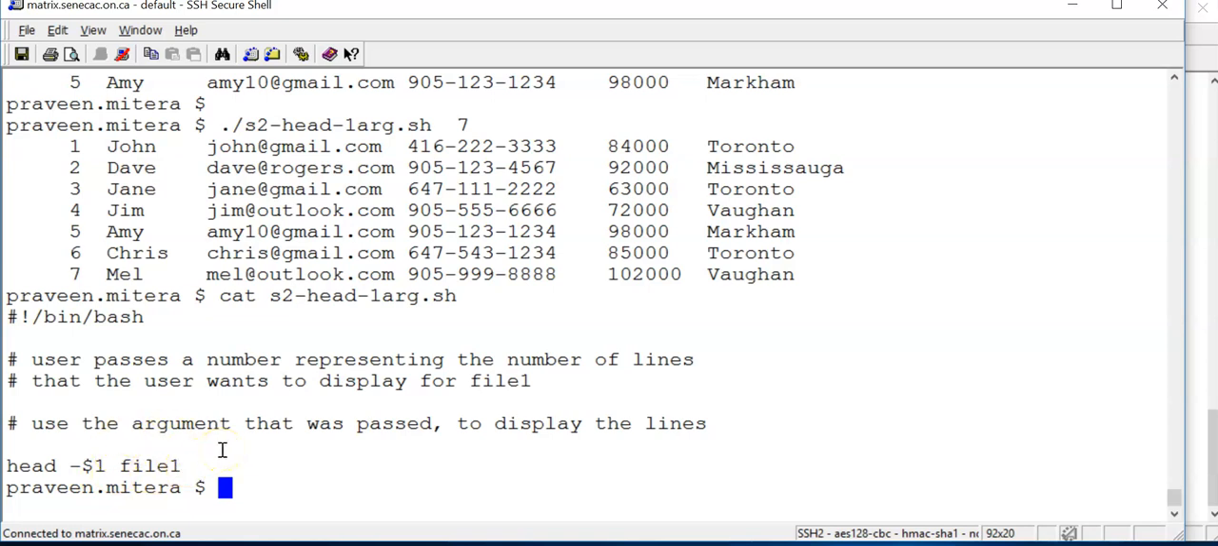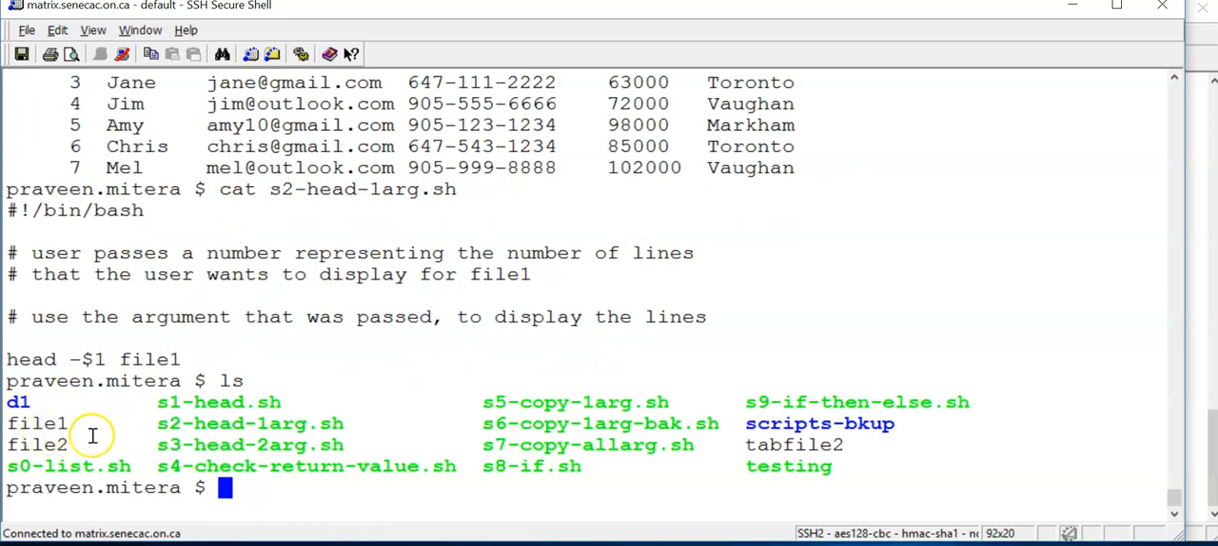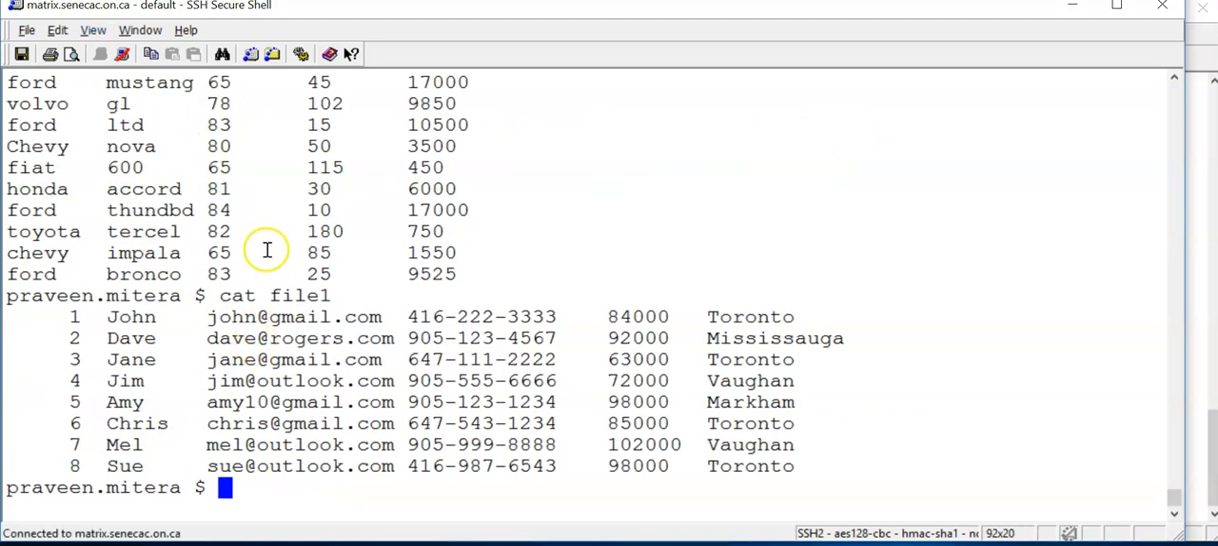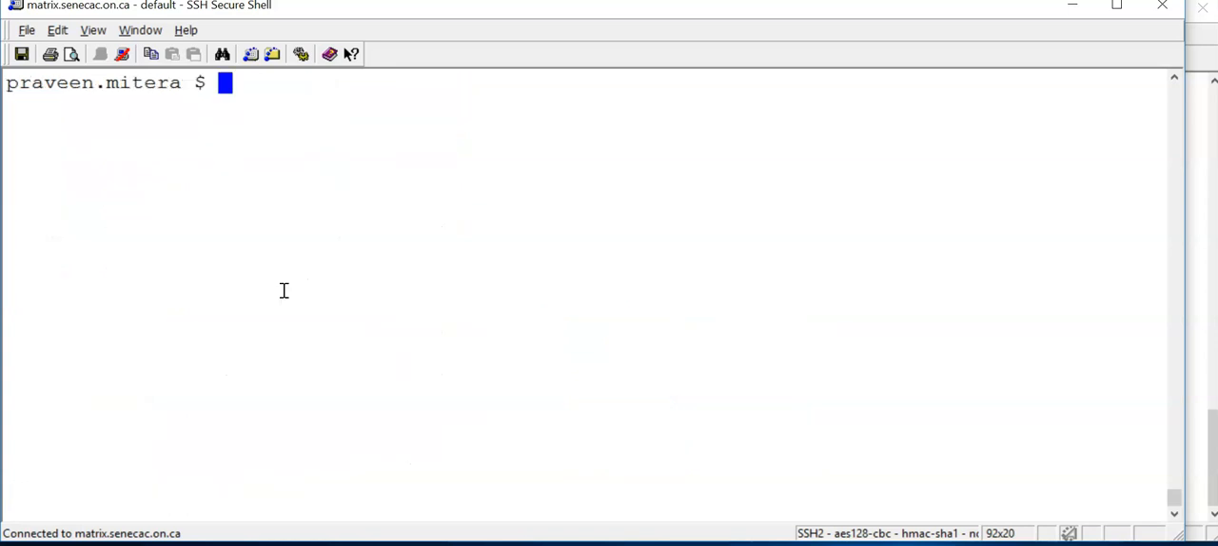Okay, so if I look here, I have file 1 and I have file 2. So let's see what's file 2. It's just another file. I have file 1, which we just looked at. So these are 2 different files. So let us change the script in a way that we can not only tell how many lines it should show, but which file it should show from. So I'm going to VI the